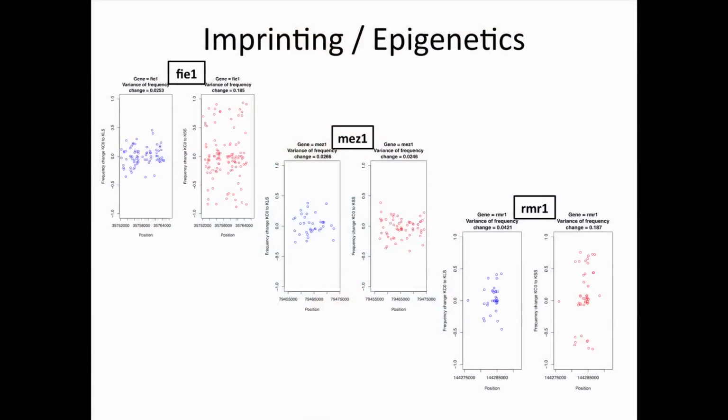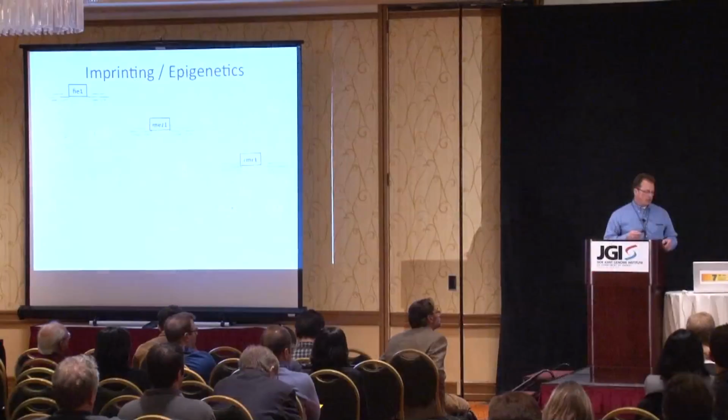Some other types of target genes looked a little bit interesting. FIE1 and MES1 are genes that are imprinted in the endosperm of maize. It's kind of intriguing to think that maybe imprinted genes that are basically in a haploid condition in the endosperm might be more subject to selection. And another gene involved in epigenetics also shows some level of selection. This is a gene involved in the processing of 24 nucleotide small RNAs.